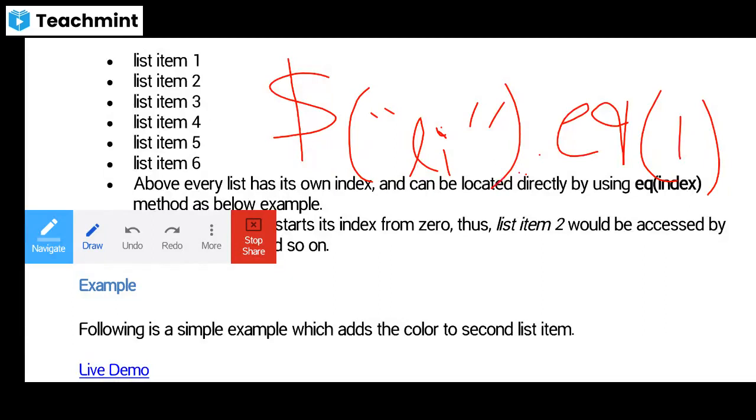Okay, so the advantage is, in the sequence of list, we can select any of the list items. But because of using this, it also becomes one disadvantage.